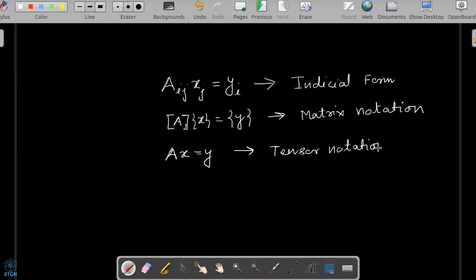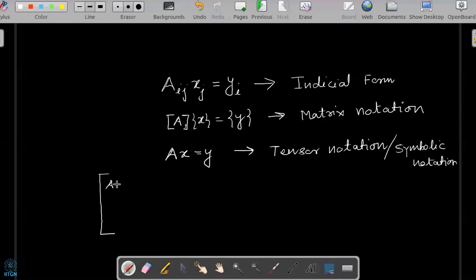So these are the terminologies you will find in textbooks. You should not get confused, that's why I am discussing this. Whatever the notation, we have to understand its actual meaning. So if you further look at the actual meaning of this,